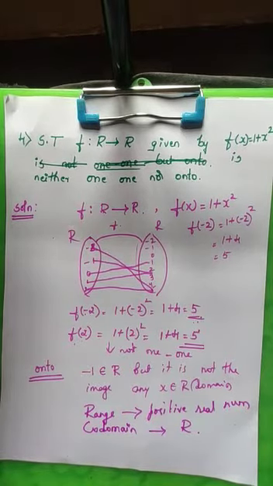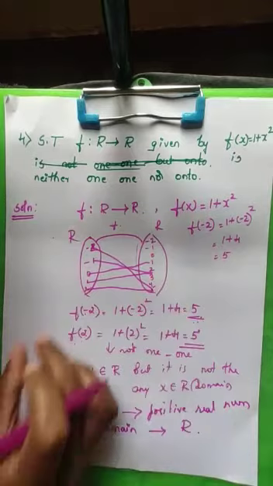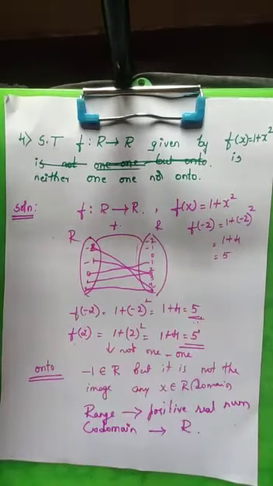If they ask you to show that a function is not one-one and not onto, you have to first map the things. You have to first find a few numbers. Take some examples and check what answers they give. By that you will get an idea of what kind of answers you are getting, so that you can check whether the function is onto or not. Similarly, you can check whether the function is one-one or not.